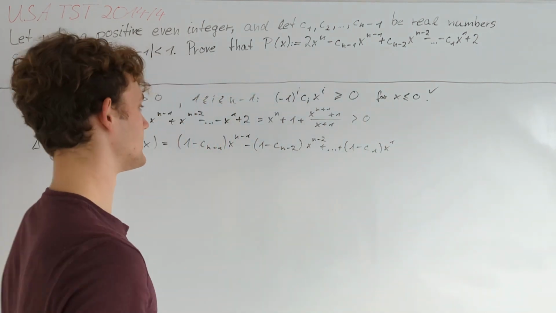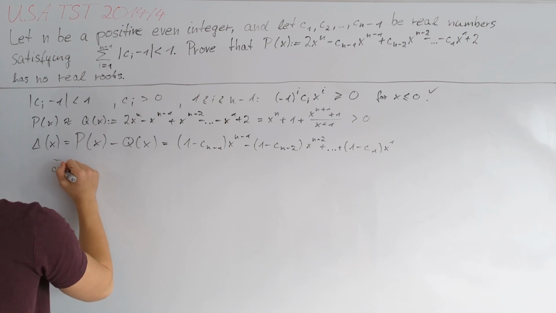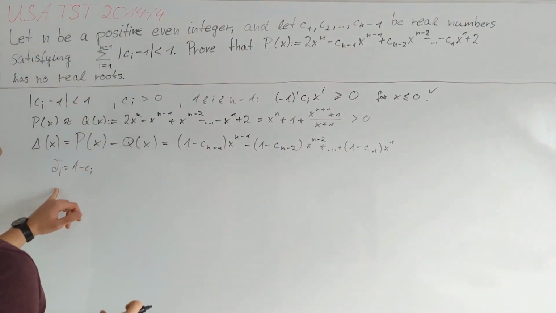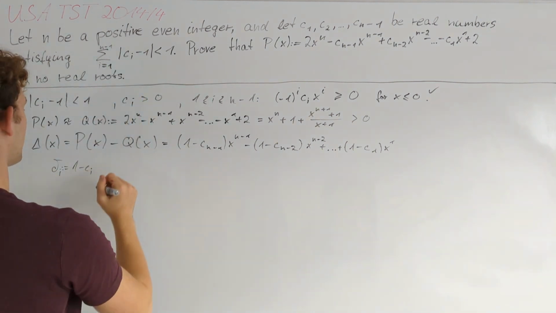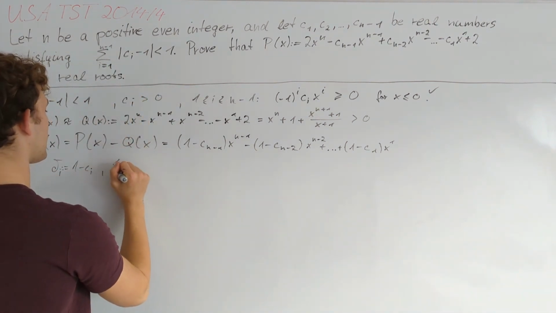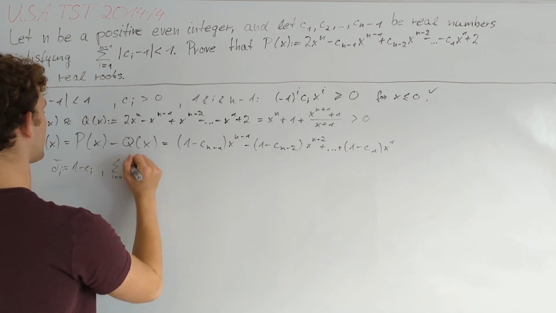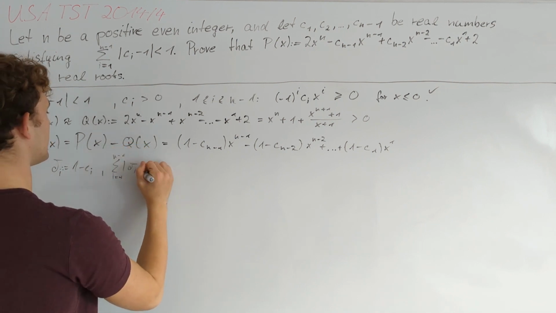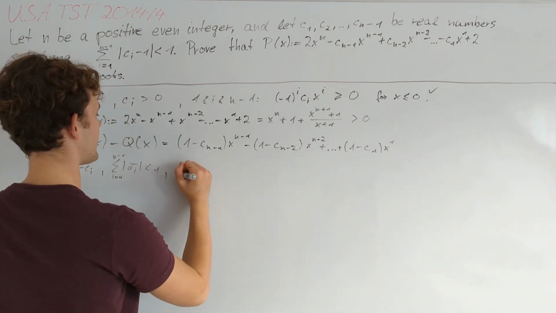This is a good reason to introduce new variables. In particular, we will define d_i to be equal to 1 minus c_i. This is quite nice because then our condition also tells us many things about the d_i, in particular that their sum of absolute values going from i equal to 1 up to n minus 1 is less than 1. And furthermore, delta of x